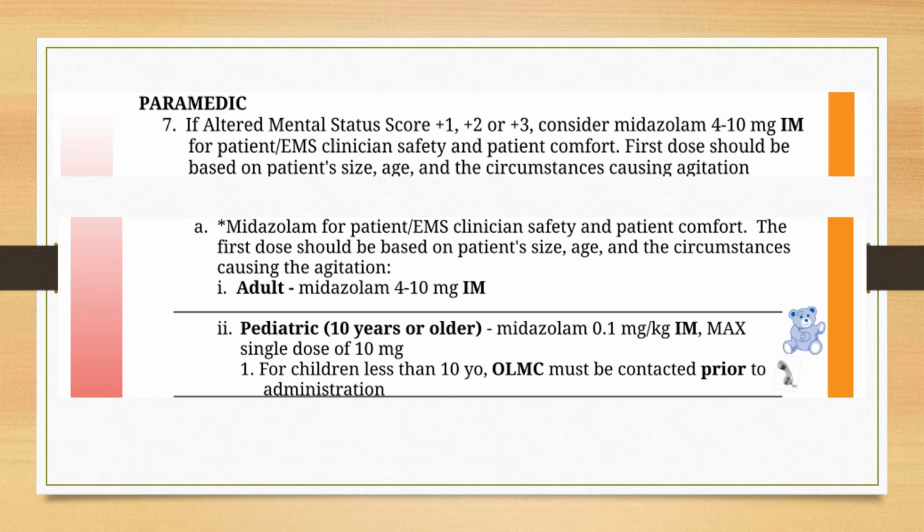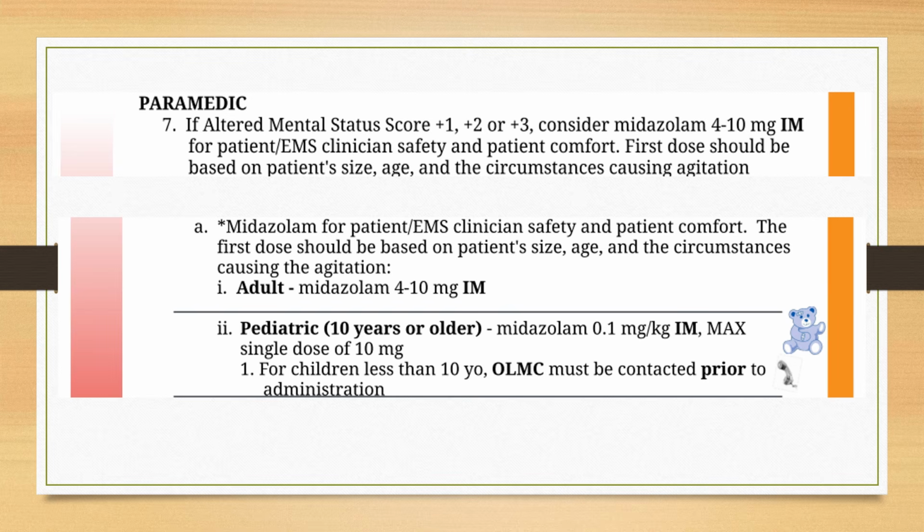milligrams. For pediatrics, considered 10 years or older, we would give 0.1 milligram per kilogram IM to a max of 10 milligrams. For a child that's less than 10 years of age, we need to contact online medical control for administration. As it pertains to the adult and Versed use, it is best practice to only have to